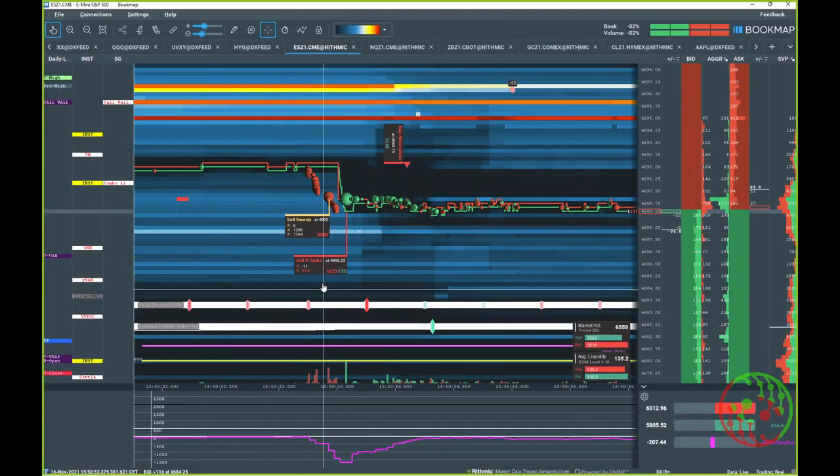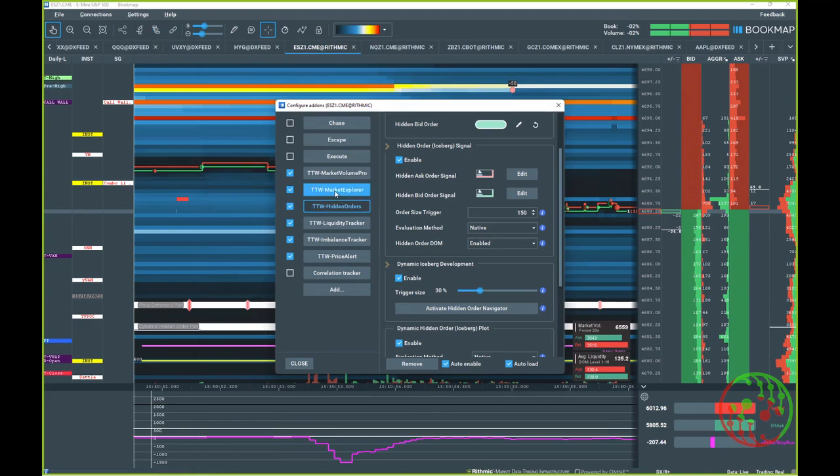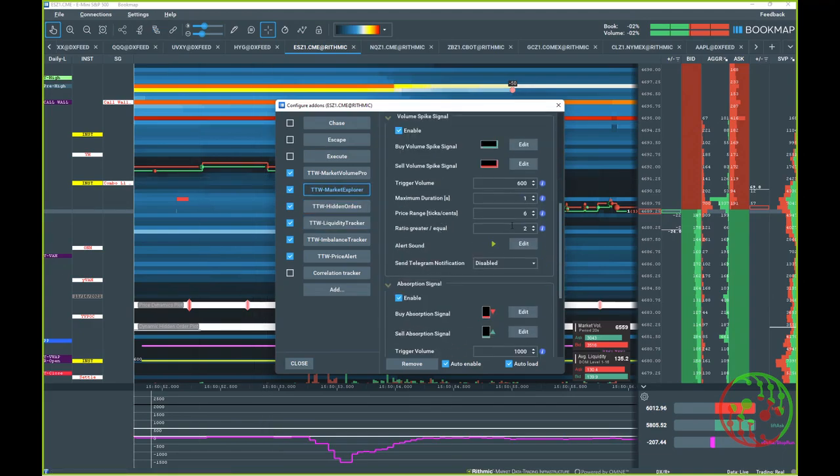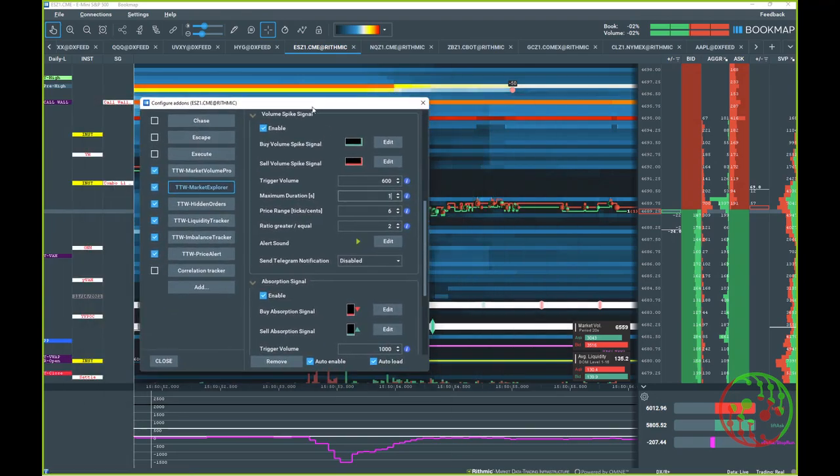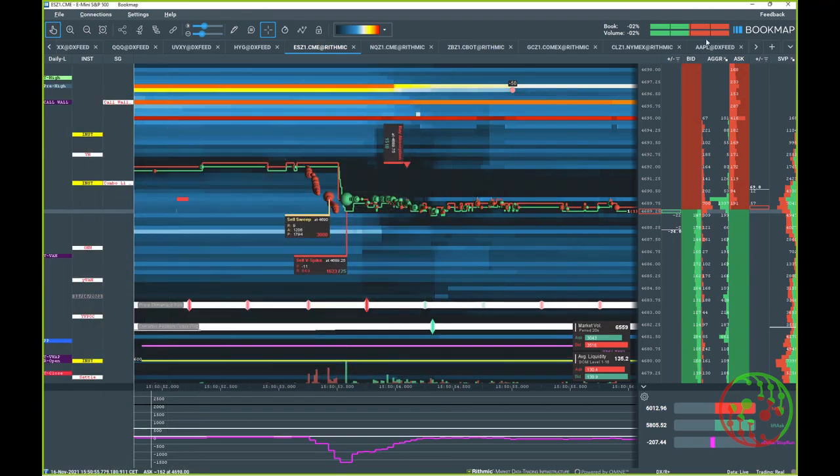But the volume spike does not have the same number, because the volume spike in our trading philosophy is based on time. So I'm measuring here the time, giving the volume spike the time to transact 600 or more contracts. And my time is 1 second here. You can put it to 0.1 or 0.5 and see what happens on your chart, or for this specific instrument. So a volume spike is always measured by time, because we need this time.